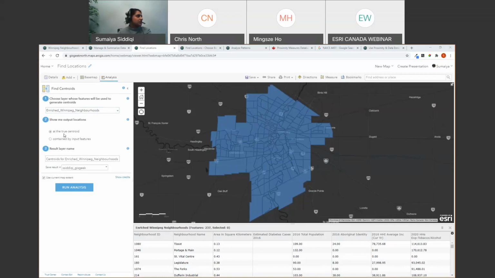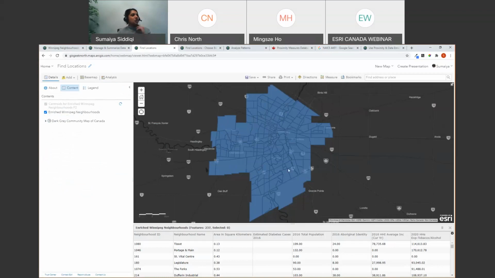I want it at the true centroid, and now I'm just going to give it a name, part 2, and we're going to run that analysis. So while this tool is creating an output with points in the middle of all our neighborhoods, I'm going to